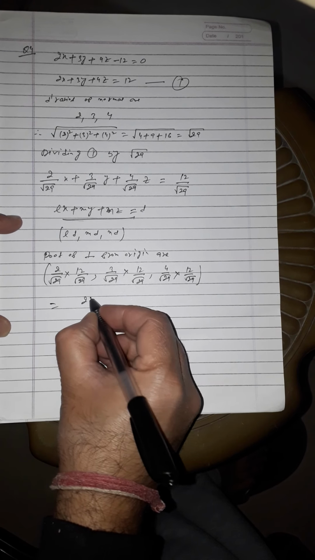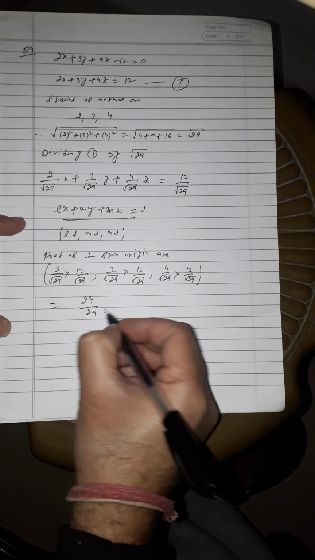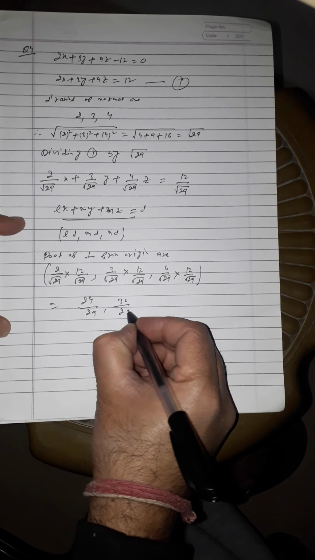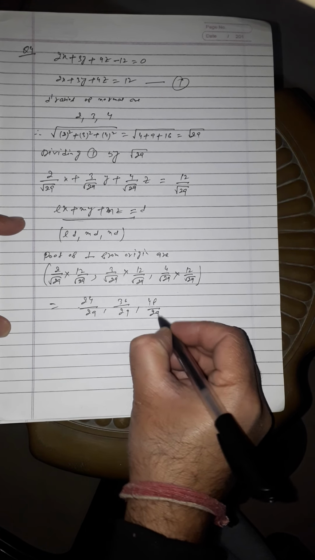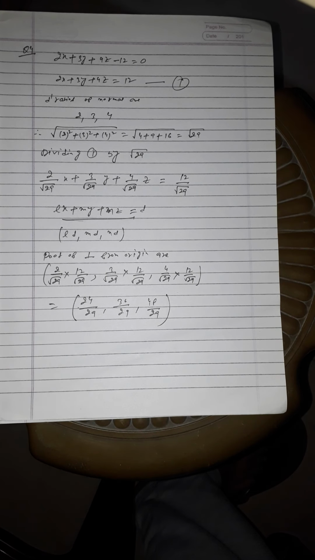or this is equal to 24 by 29, this is 12 3s are 36, 36 by 29, 12 4s are 48 by 29. These are the coordinates of the foot of the perpendicular from the origin, students. So this is the answer of question number 4, its first part. Students, there are 4 parts and all the parts are the same. So solve the rest of the parts yourself.